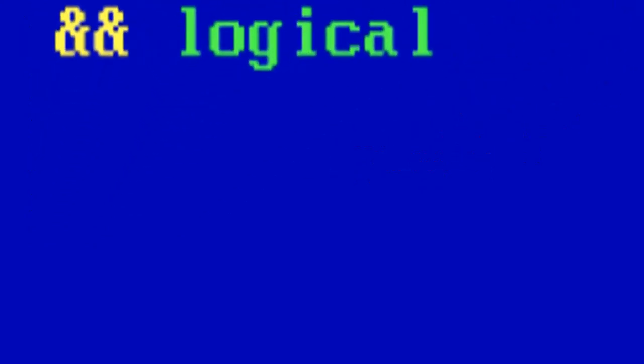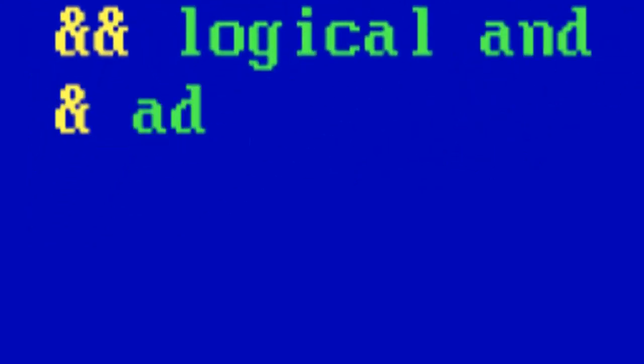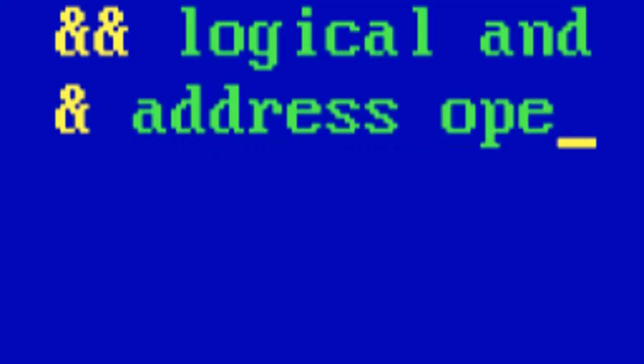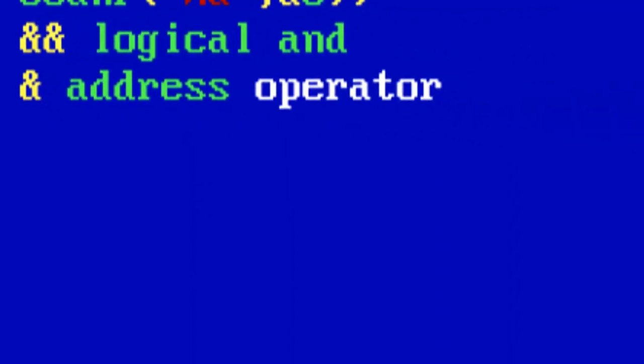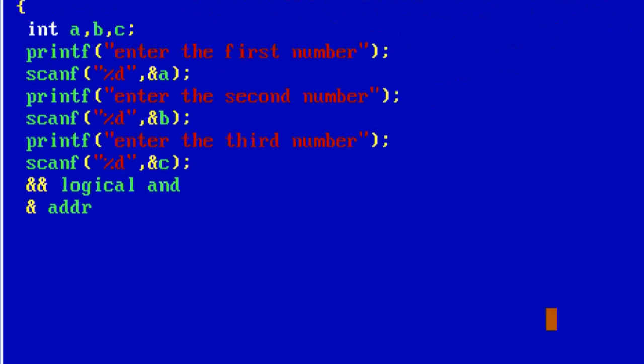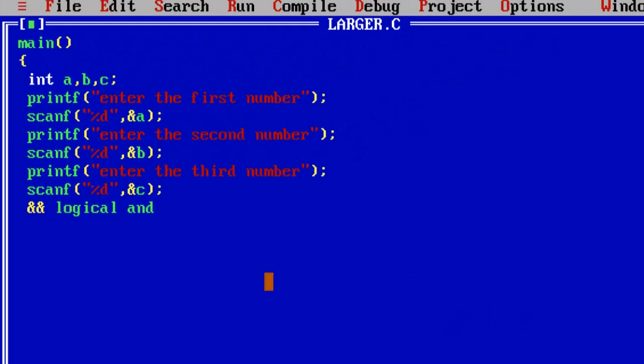You can write down logical and. This single and is for the address operator, which we have already done. Where do we use the address operator? We use it in scanning our input, for scanning the input.